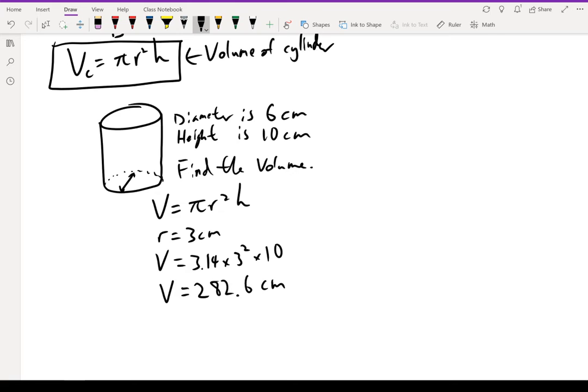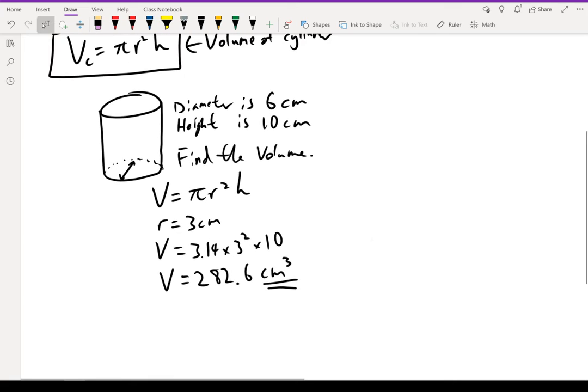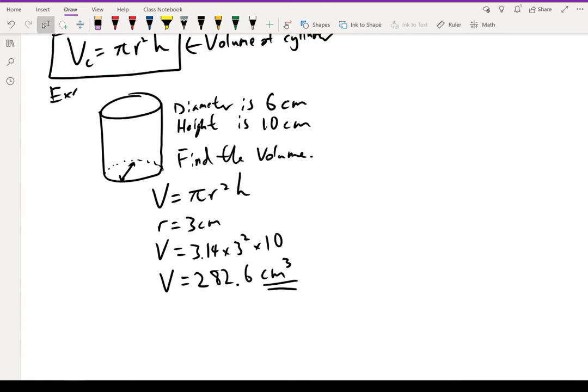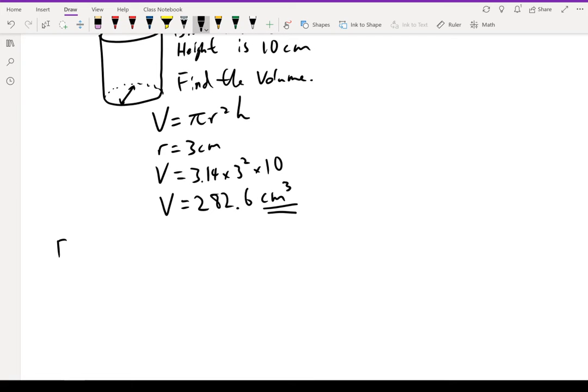282.6 centimeter cubed. Remember, volume always has a unit of cubic, okay? Because it's cubed. Volume is just cubed. Just remember that. Now let's look at another example. So this was example 1. Example 1, finding volumes of cylinder. Now, for example 2,